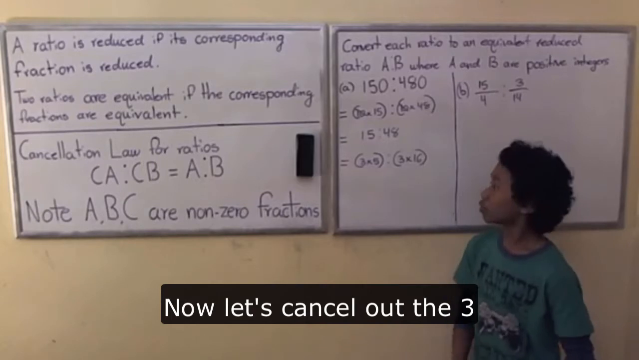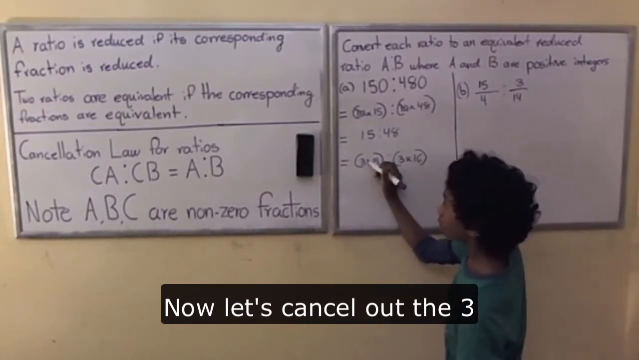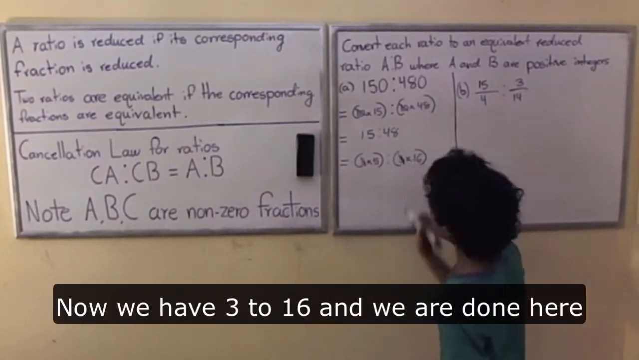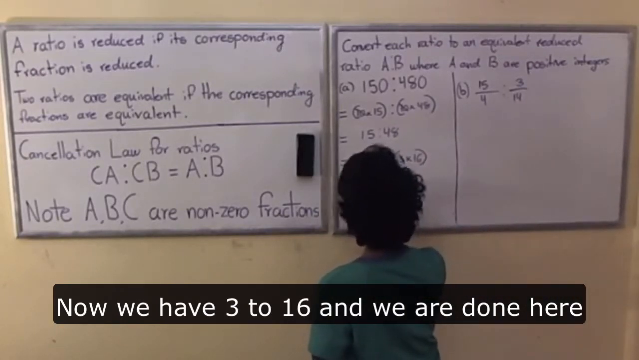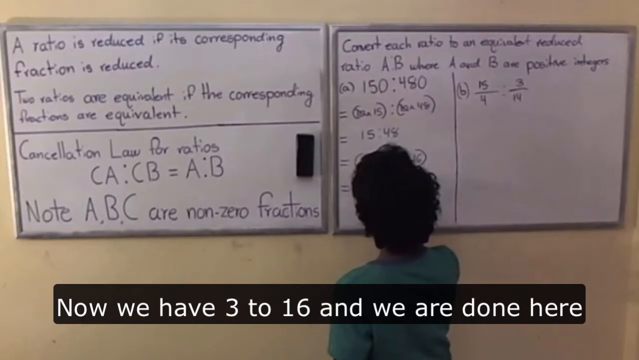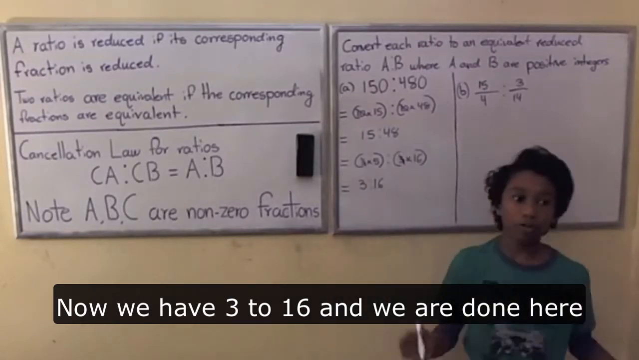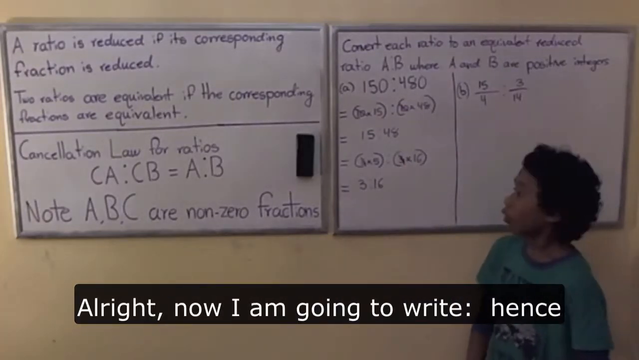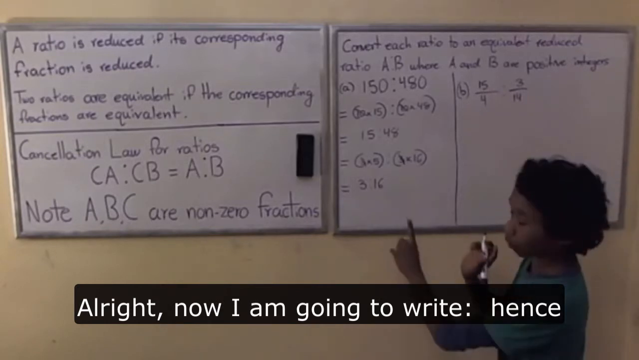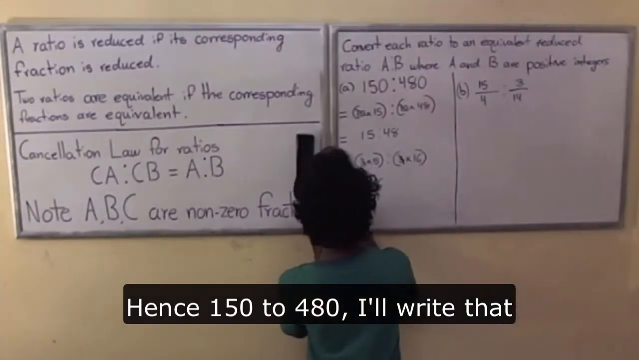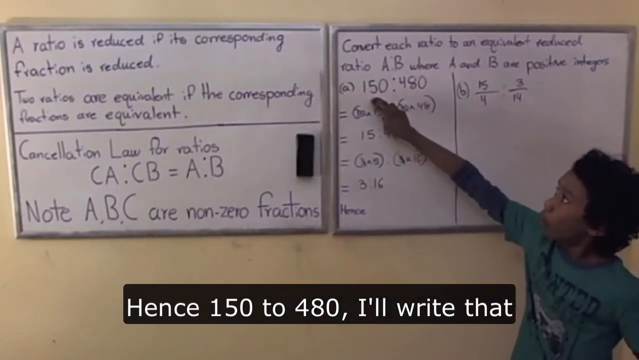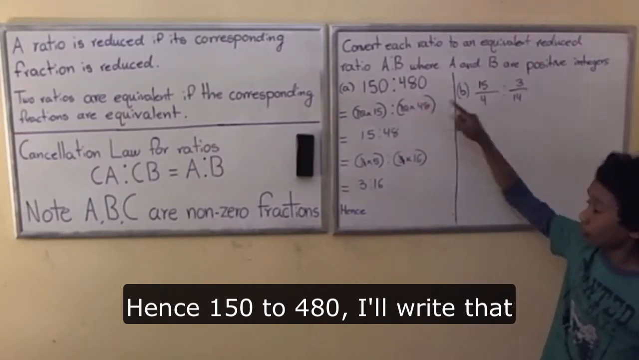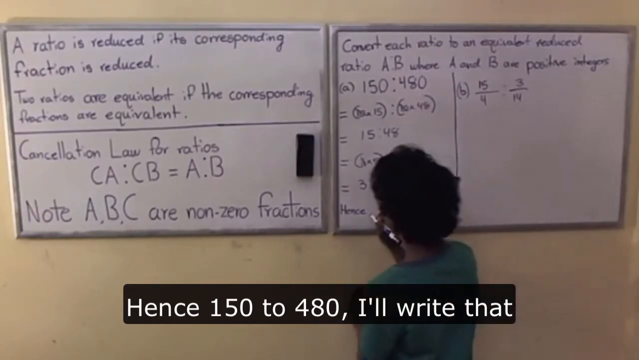Now, let's cancel out the 3. Now we have 3 to 16, and we are done here. All right, now I'm going to write hence 150 to 480, I'm going to write that here,